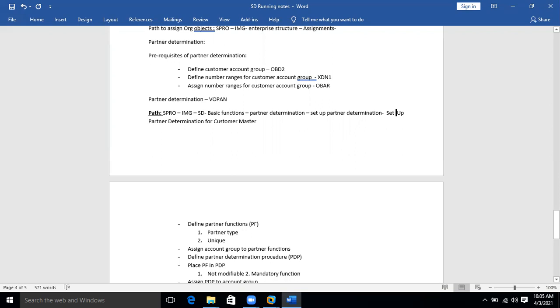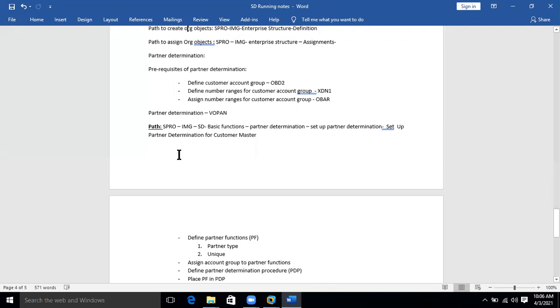Either that or this one. If you learn both, that is also okay. Just by heart these paths, that will help you to explore more options instead of going with T codes. There won't be anything to learn in end user activities except creating documents. So go with transaction code, and for configuration activities, remember path instead of transaction code. So when you open it through path, you may explore more options, more settings. Okay.